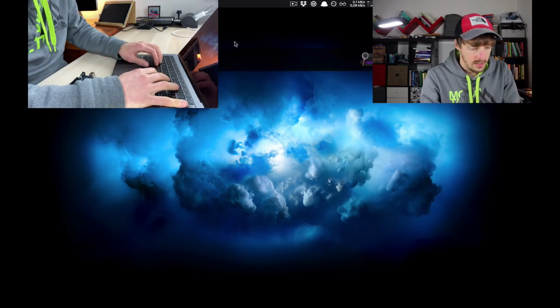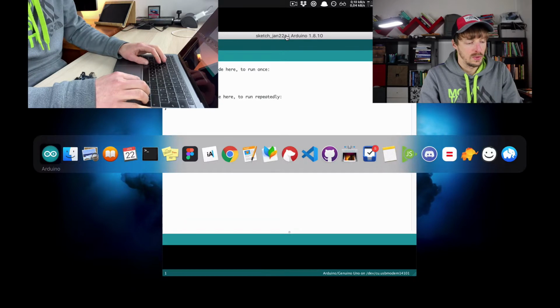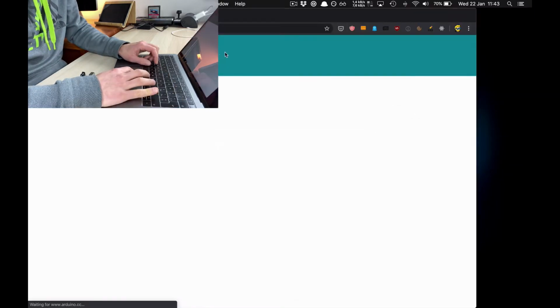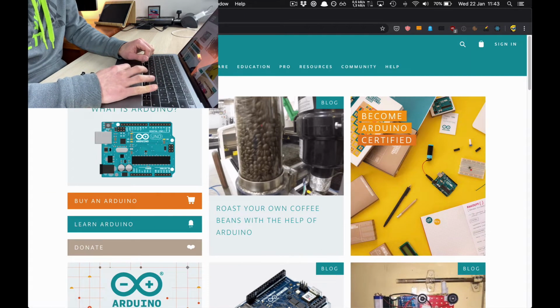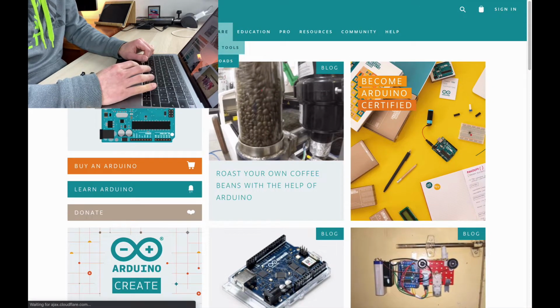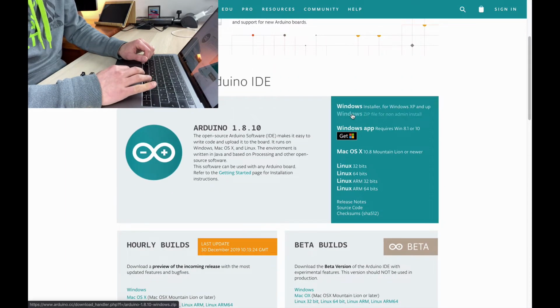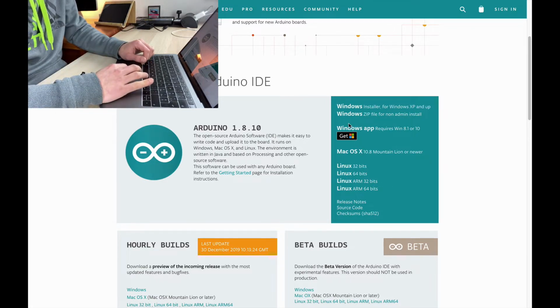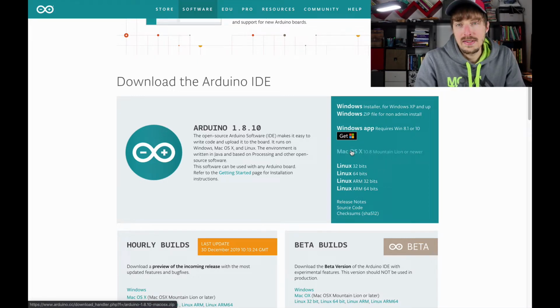So the Arduino IDE is this little program that you can get from arduino.cc. Let me show you. So arduino.cc is the official Arduino website, and if you go to software downloads and then download the Arduino IDE, you can choose the version for your operating system, like Windows, macOS, Linux, all the different versions you want. The installation process varies depending on the platform you use, of course, but on macOS it's very simple,